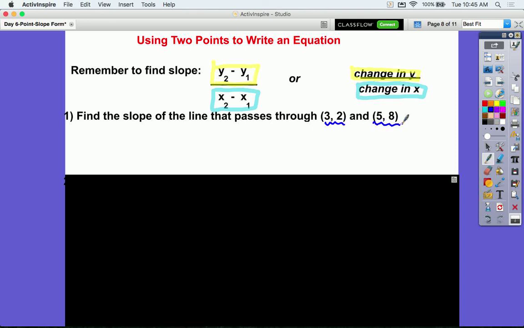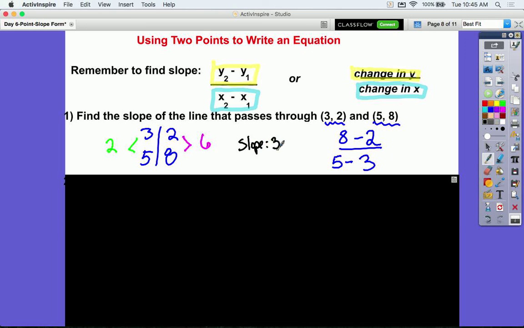Totally fine with me if you want to set these up like a table, or if you want to set it up using that formula y2 minus y1 over x2 minus x1. It doesn't matter to me because the cool thing is that we all end up in the same place. I know that a change from 2 to 8 is 6, and my change from 3 to 5 is up 2, which means my change in y is 6, my change in x is 2. 6 over 2 gives us a slope